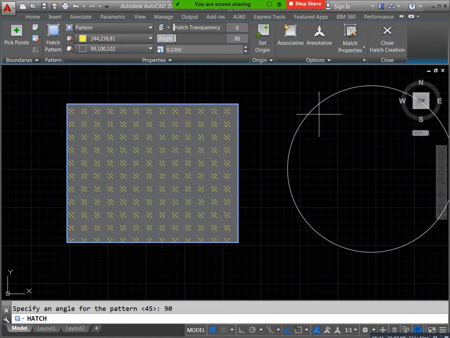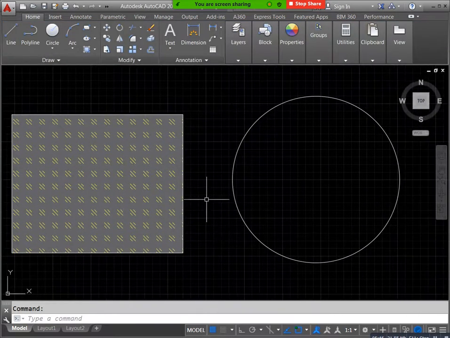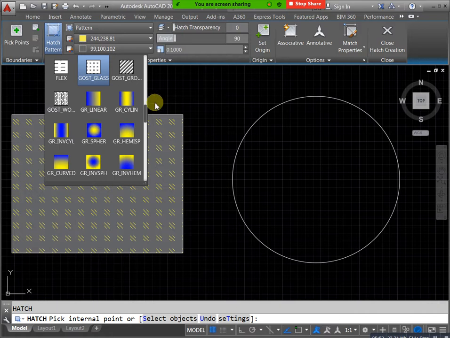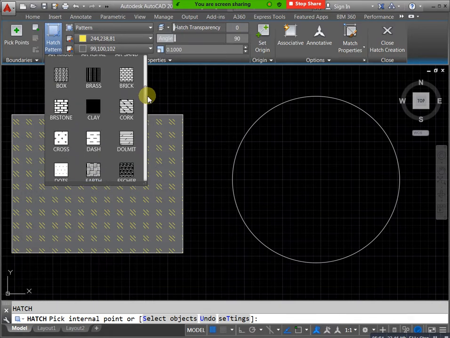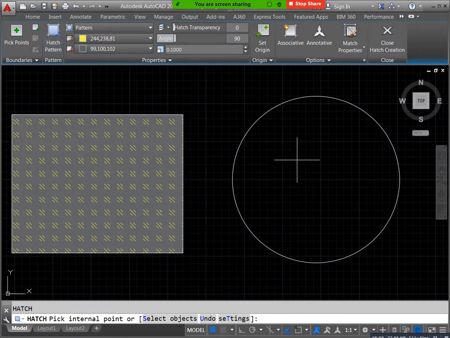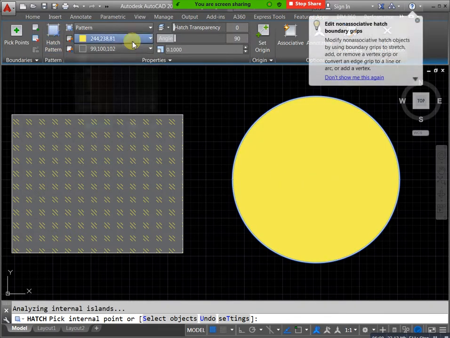For example, I need to apply it one more time. You can select our hatch pattern here or go to settings, both are applicable. You can go to steel. Where is our steel? Here we have steel, you can apply it. And I need to change it to bilayer, you can select none. At the same time you can apply it here.